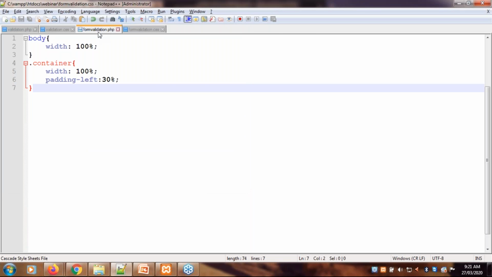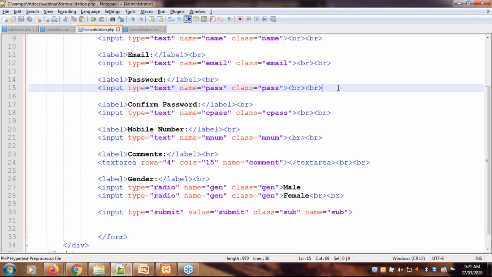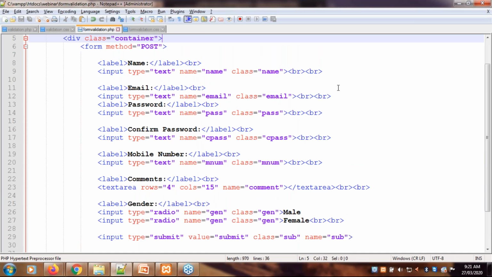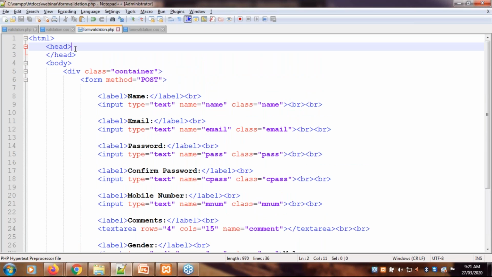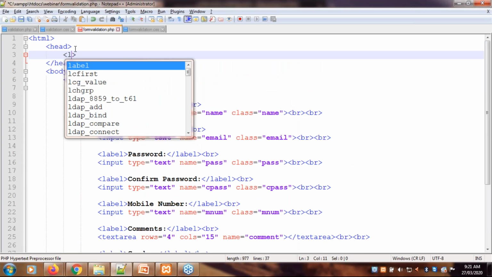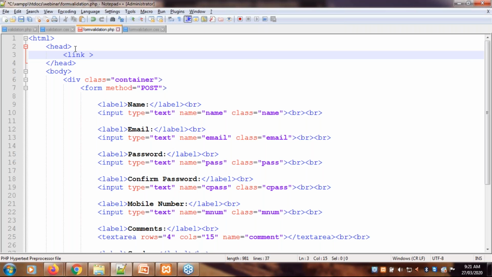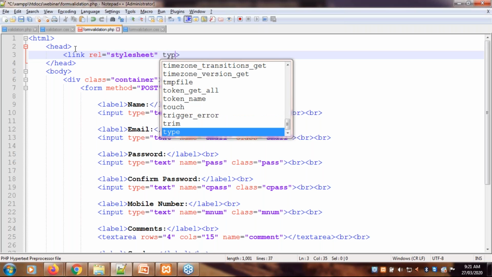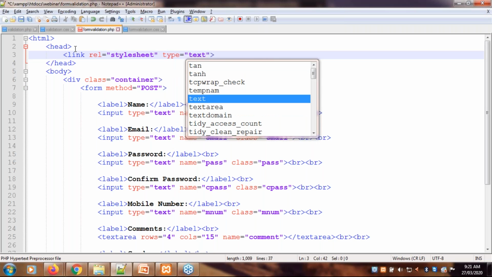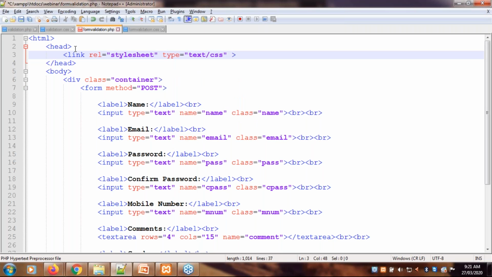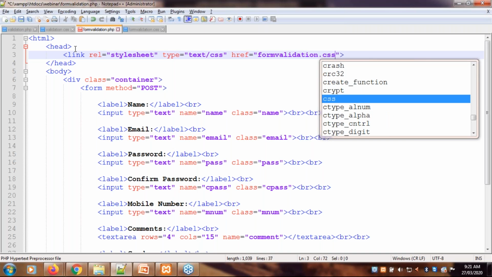So in our form, we have to link that external CSS file. For that, we have to write in the head, link rel equals to stylesheet, then type equals to text slash css, and then we have to provide the reference or path, and the name is form validation dot css.